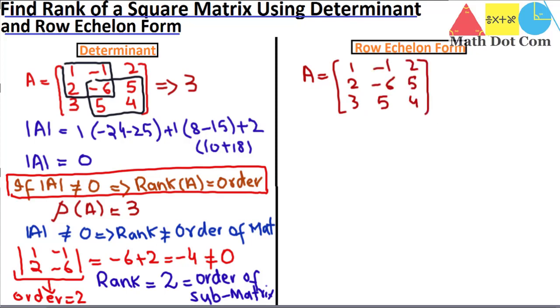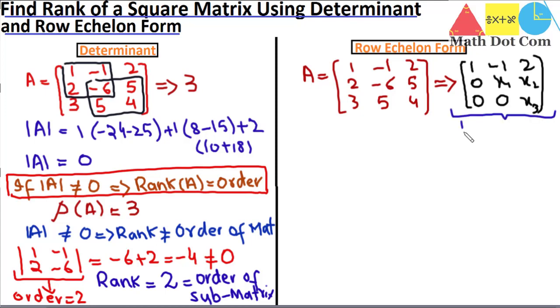Now this is a matrix of order 3 by 3, and we have to convert it into row echelon form, in which you must have a non-zero element here, then non-zero elements here, then 0 at this location, 0 at this location, and a non-zero element on the right side of the first row. It means you must have some value, say x1, here, then 0 here, and here must be x2 or x3 or some value. It is also possible that the last row can be entirely 0. It depends on what the rank of the matrix will be. So let's convert this given matrix into a form like this.